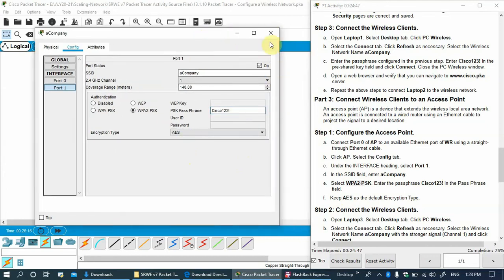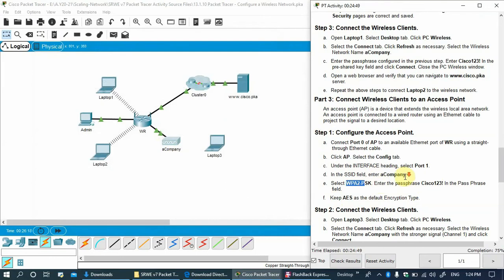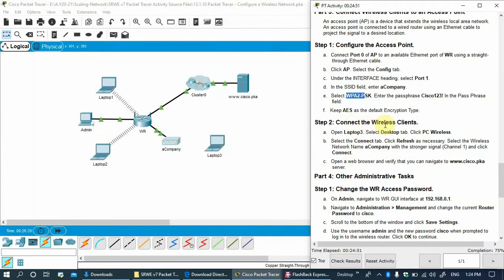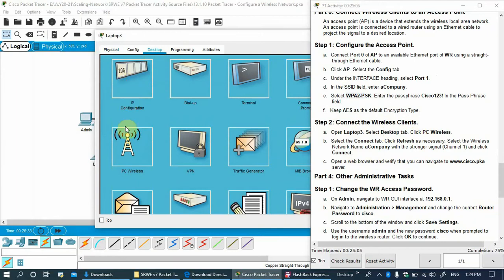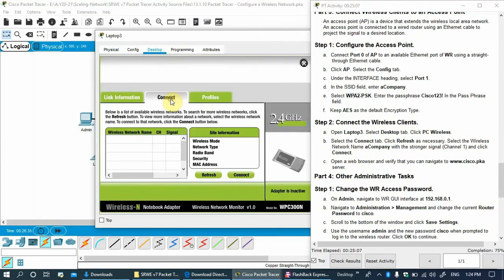Okay, so step number 2, we need to connect the wireless client. On laptop 3, select the desktop tab and click PC Wireless. So we need to connect the laptop with the access point. Here we need to connect with the A company.